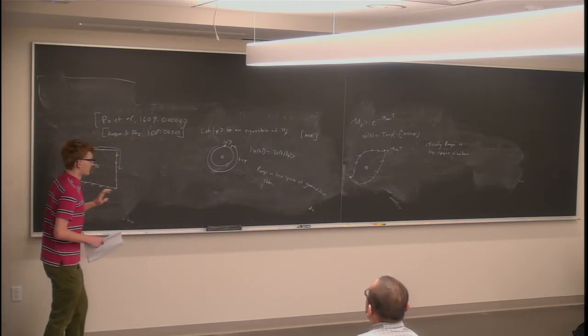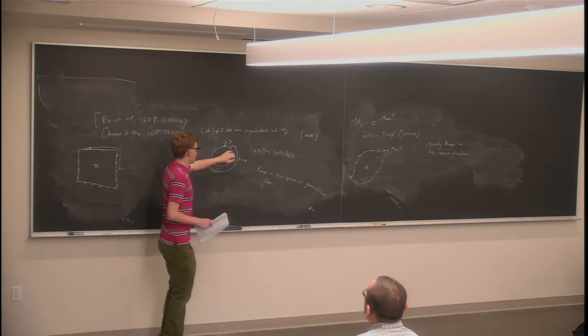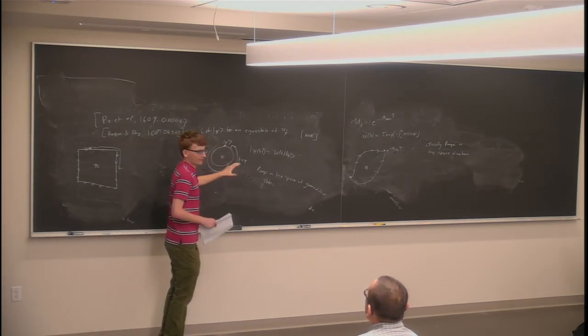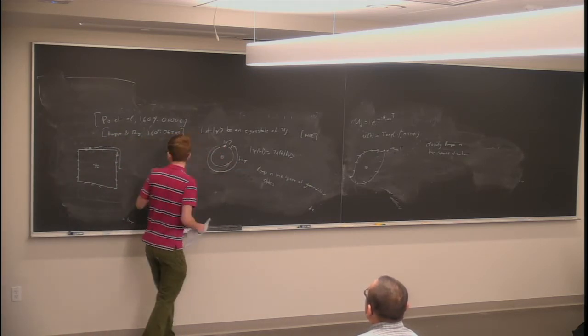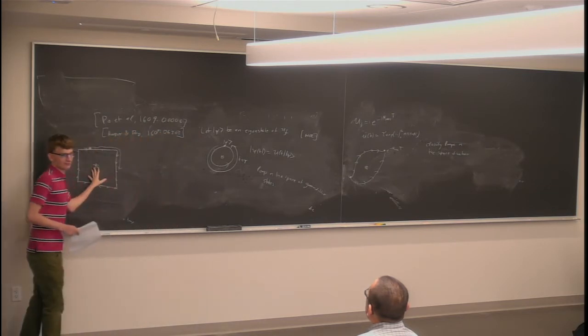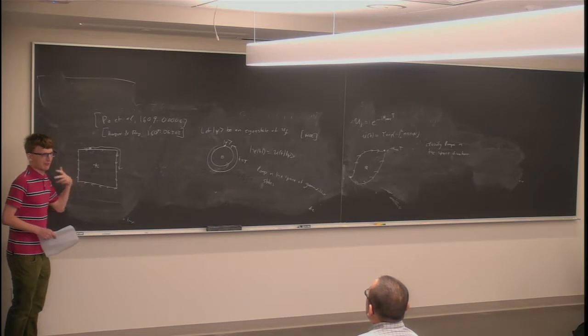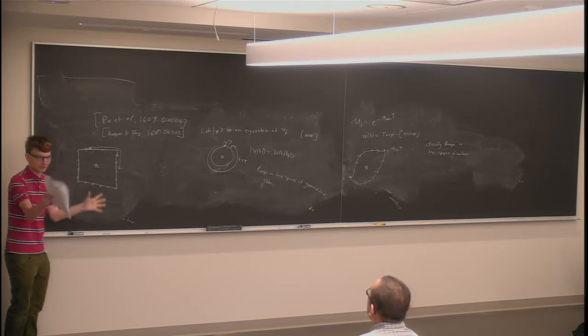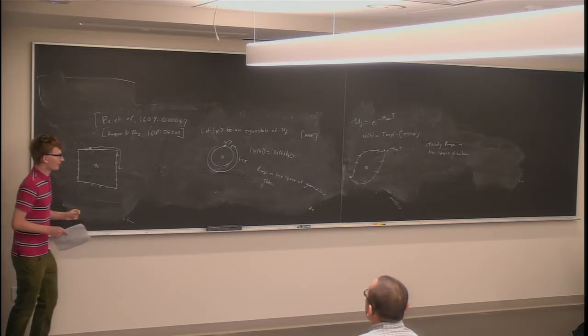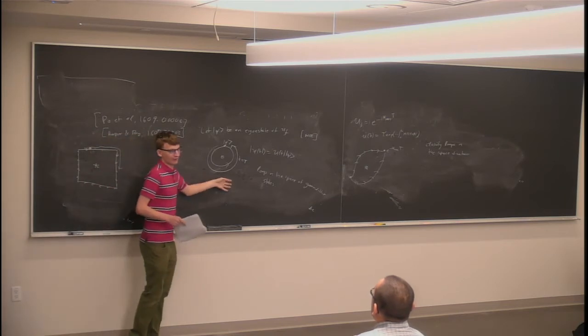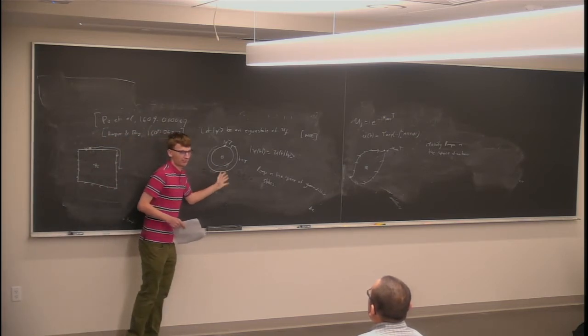So the question is, do these loops of eigenstates completely classify Floquet phases? And the answer is no. So this one, for example, is not. You just look at the loops the eigenstates go through, they're totally trivial. But somehow there's still something non-trivial about the whole unitary. So these eigenstate loops are not the whole story, but they're a part of the story.